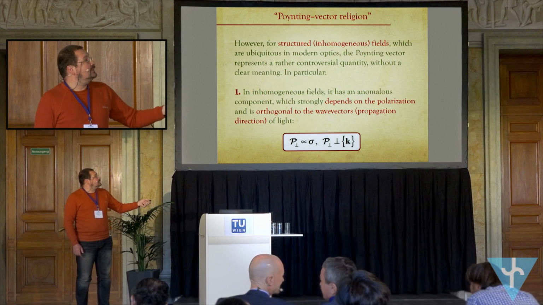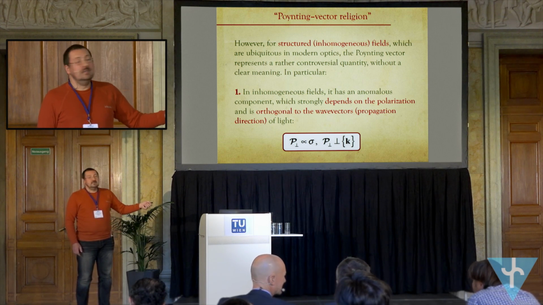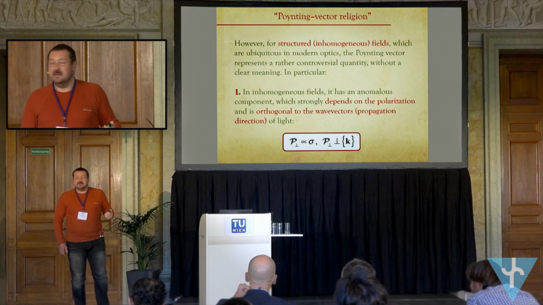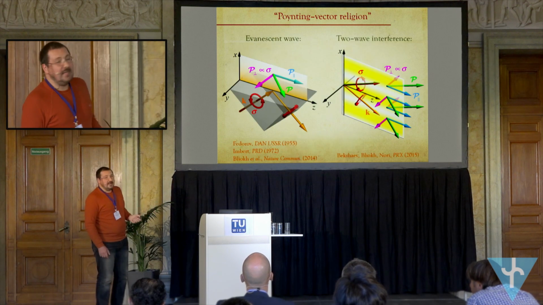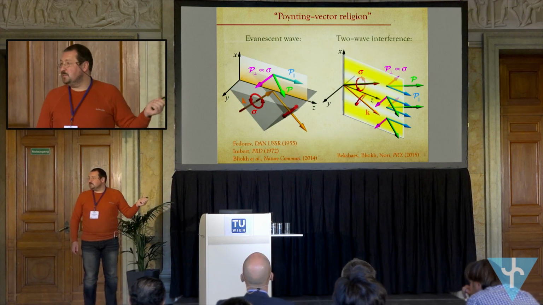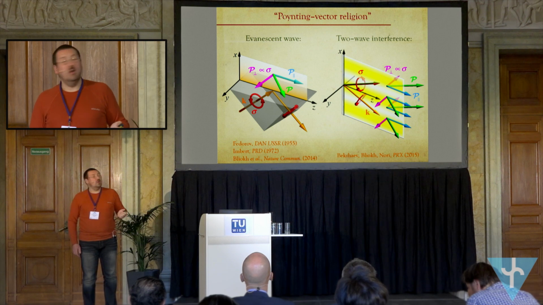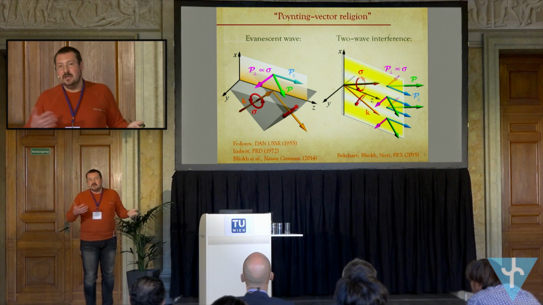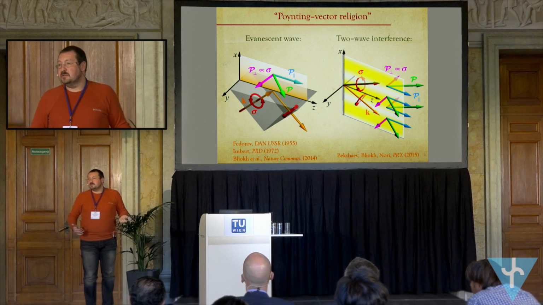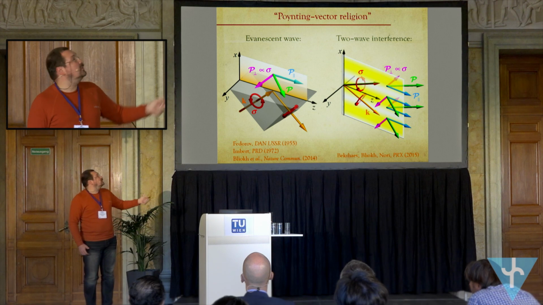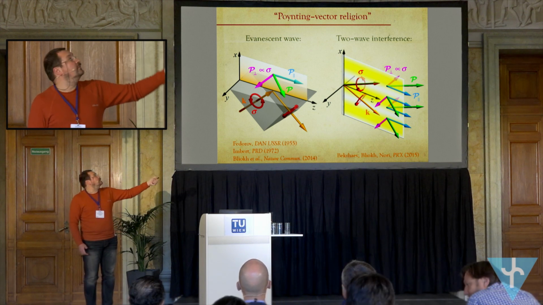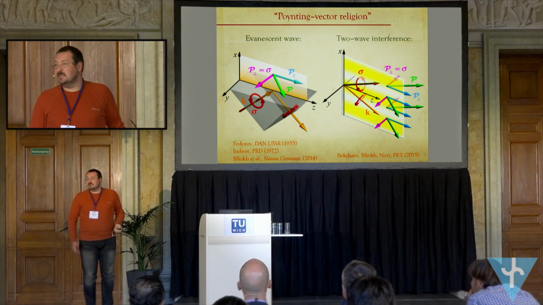And this strange transverse component is proportional to the helicity, which is the degree of circular polarization, the spin degree of freedom of light. To illustrate this, I consider the two simplest examples of inhomogeneous optical fields. The first one is a single evanescent wave. An evanescent wave is an optical analog of barrier tunneling in quantum mechanics. So we have total internal reflection of light at a glass-air interface, and here is a classically forbidden zone for photons. We have an exponentially decaying solution.